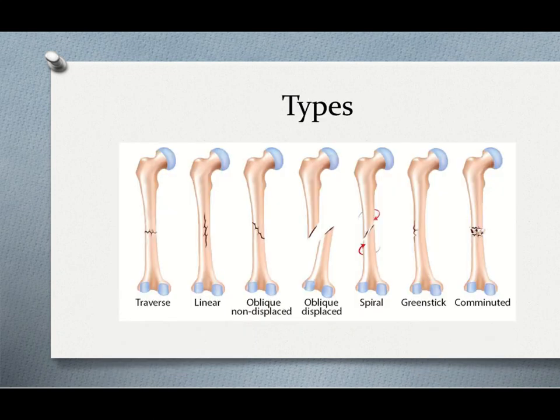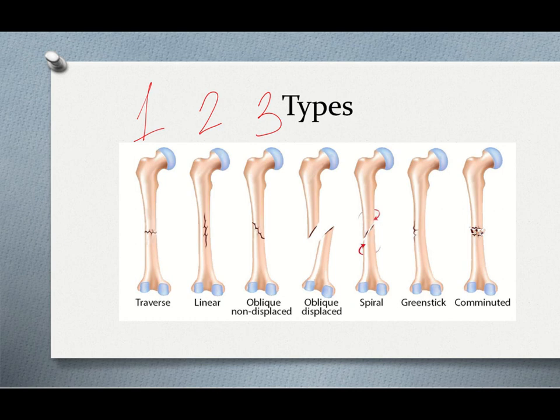So here we're going to look at some of the different types of fractures. A transverse fracture, seen here in number 1, is a horizontal fracture. So the bone breaks all the way across on a straight horizontal plane. A linear is just the opposite, so it's a vertical break down the length of the bone. An oblique fracture is basically a diagonal break,